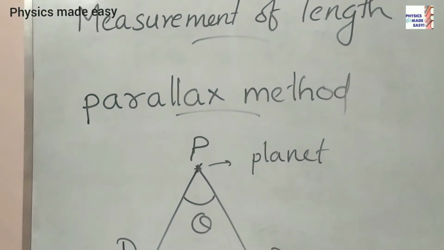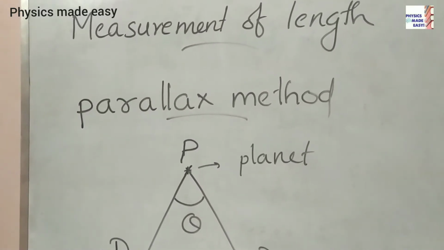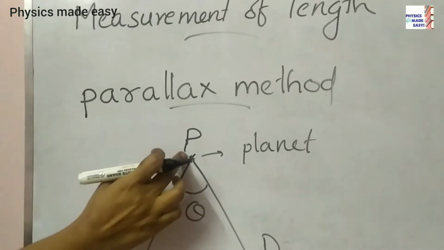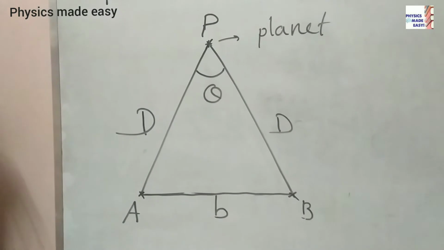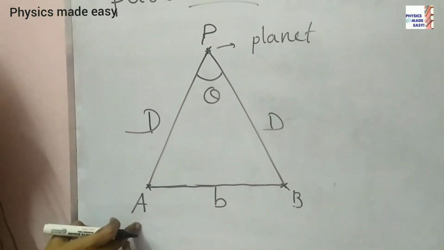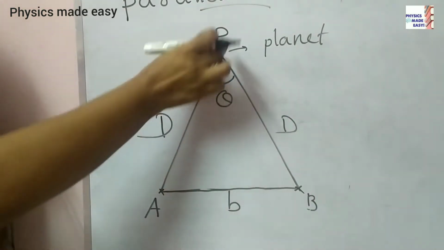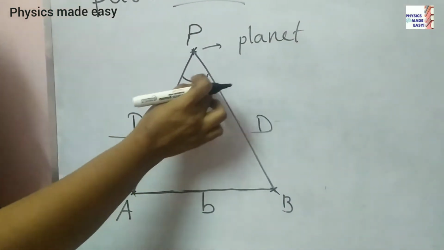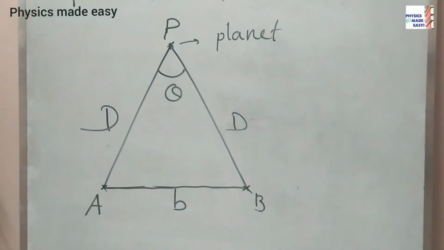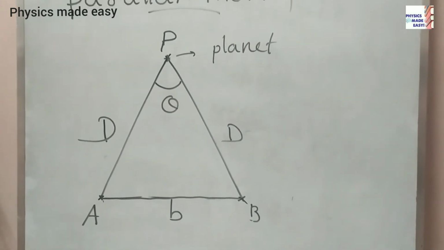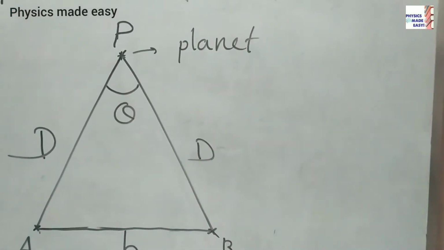Next one is parallax method. For measuring the distances of planets or stars, we can use this method. So here you can see planet and another 2 points on the earth. You can see A and B. So what to do means, look at this object from these 2 points A and B. Then if you are joining this, here AP then BP, these two lines make an angle there. That is the angle called parallactic angle, that we can take as theta, and here we can take B is the distance between that 2 points on the earth.